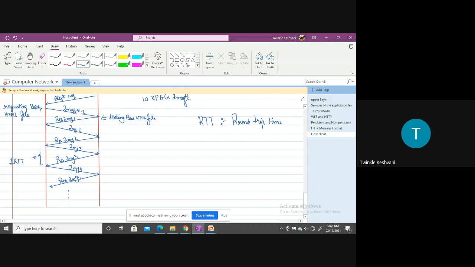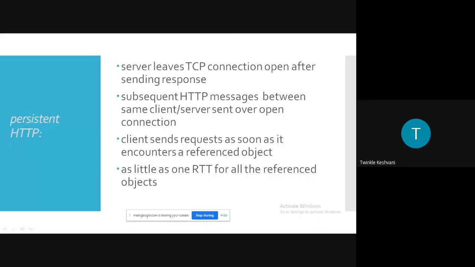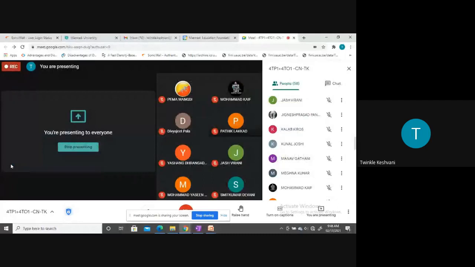So the same thing is mentioned over here, 1 RTT for all the referenced objects. Okay, so is it clear to all of you up till now? Yes, ma'am. What about others?